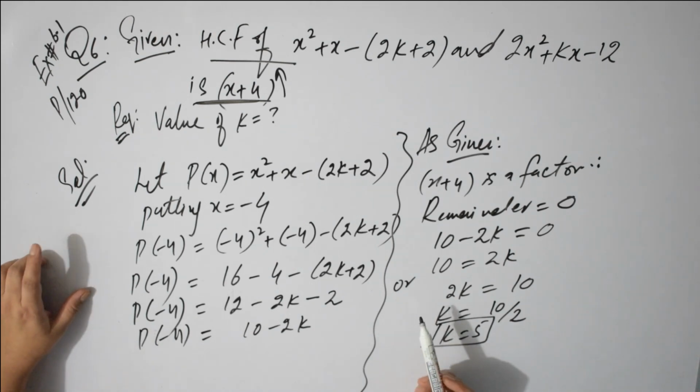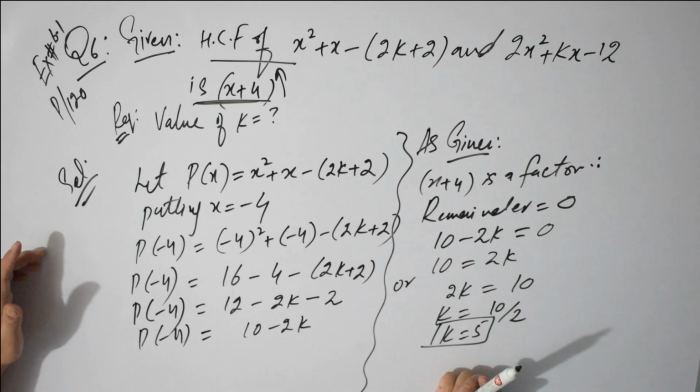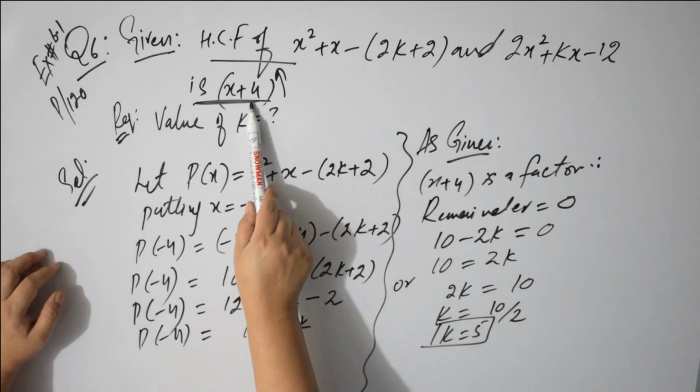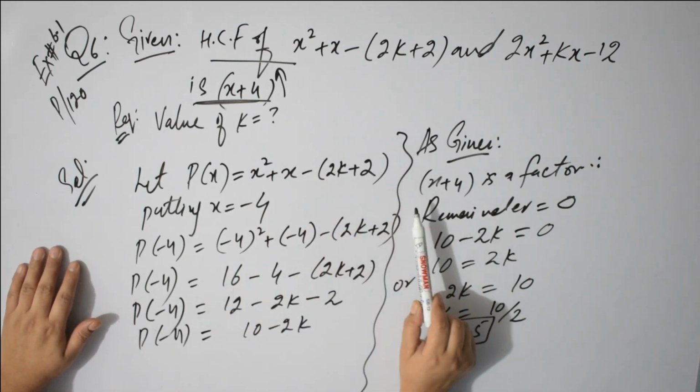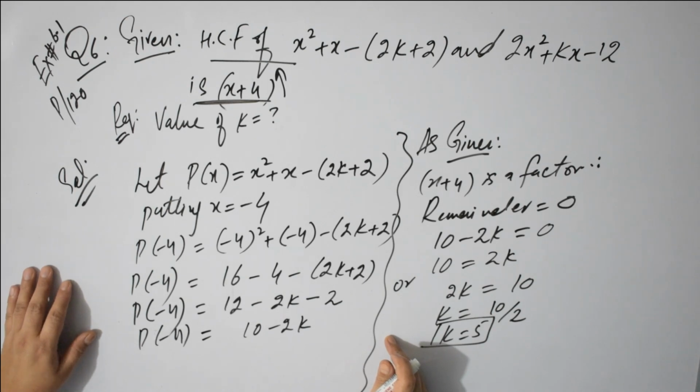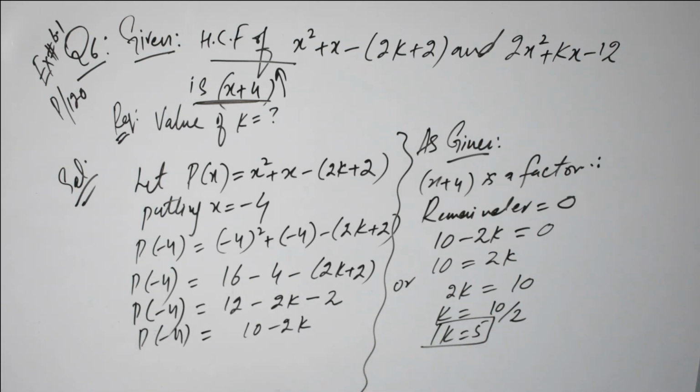I hope students this question number 6 is very simple and clear to you. You just have to put the value of x and equate the remainder to 0, and you will get the value of k equal to 5. Now, what is the next question? The next question is